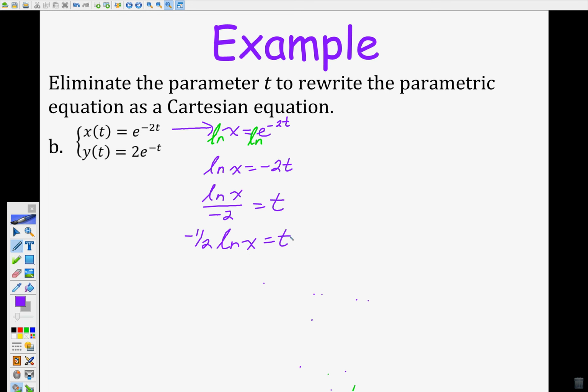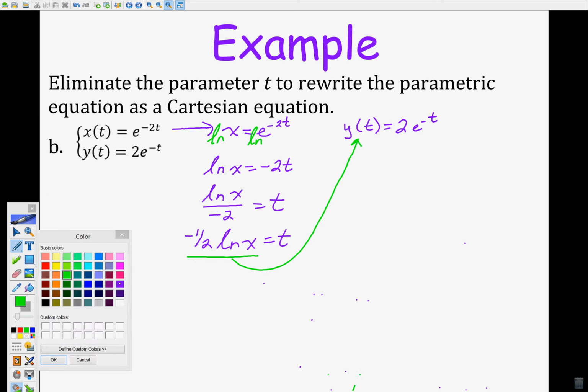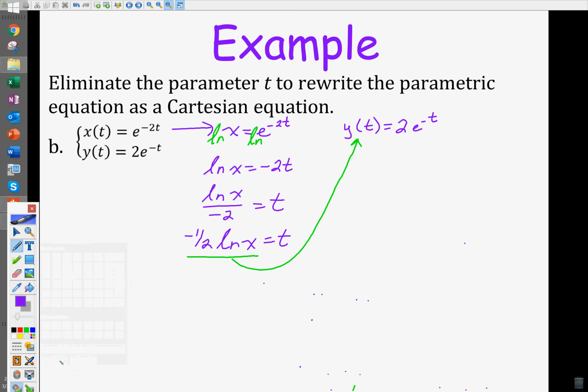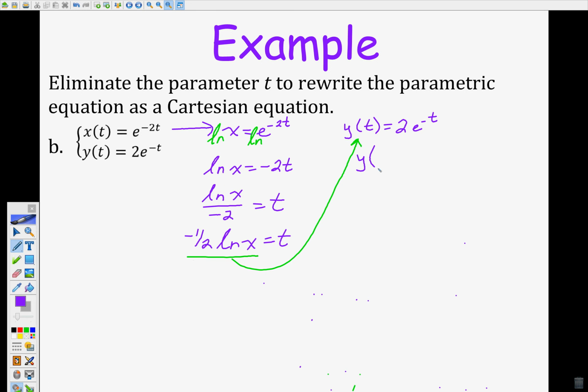So now when I go to use my y equation, y of t is equal to 2e to the negative t. Instead of t, I'm now plugging in a negative 1/2 natural log of x. So I have y of negative 1/2